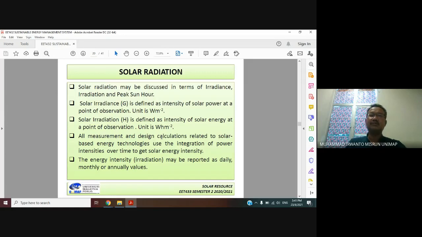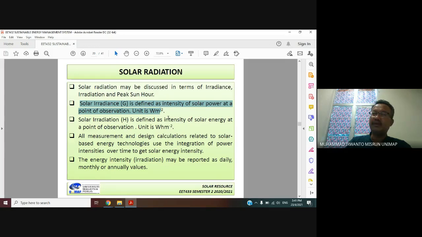Now we want to discuss solar radiation. First, I read this slide. Solar radiation may be discussed in terms of irradiance, irradiation, and peak sun hours. The second, solar irradiance, to which we give the symbol G, is defined as the intensity of solar power at a